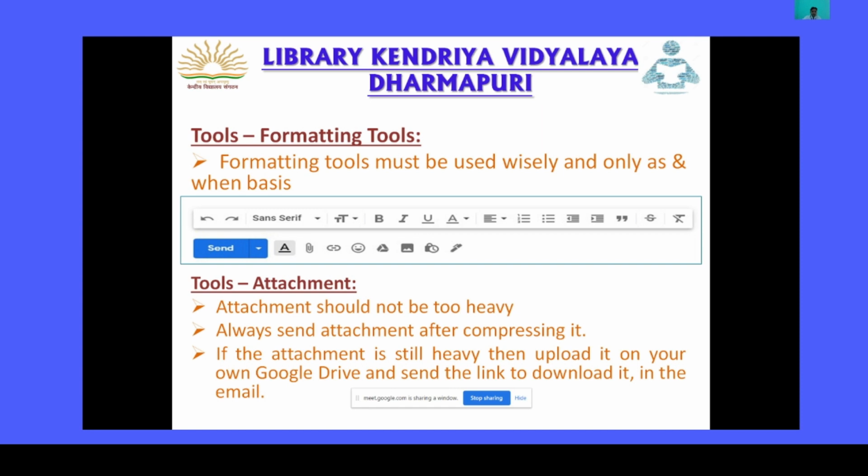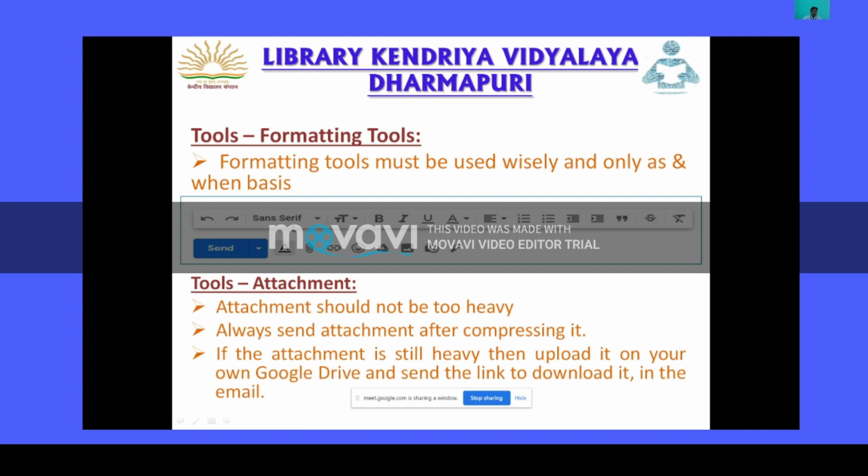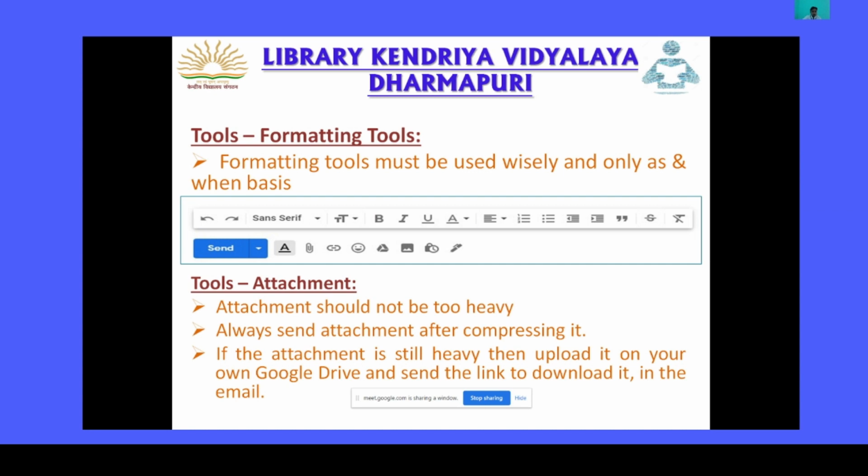Then you have the second option, where "sans serif" is written. These are the fonts of the text, so you can change the font from here. But yes, I told you, you should not use a very fancy font. You should use a very simple font for writing an email.